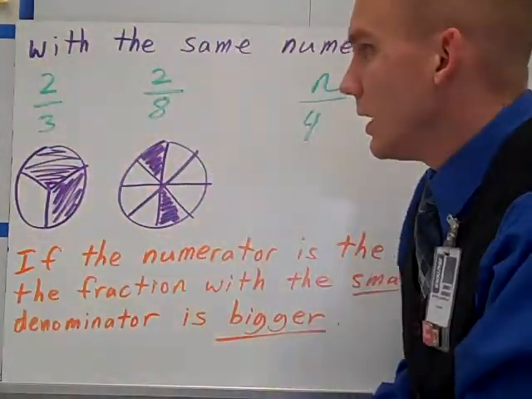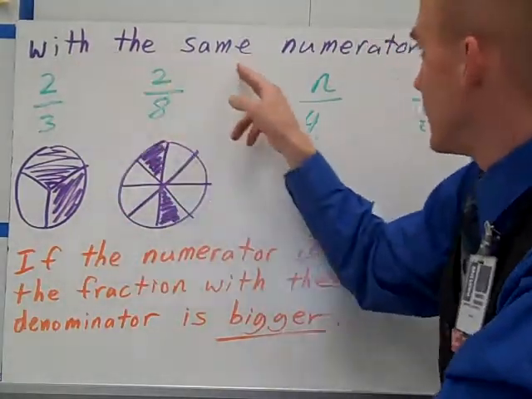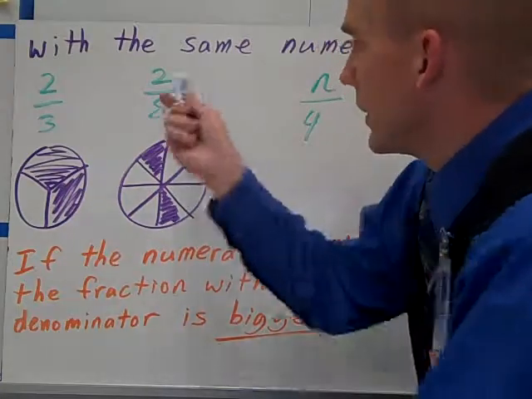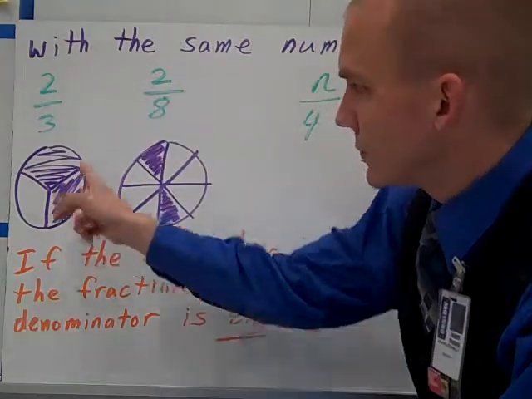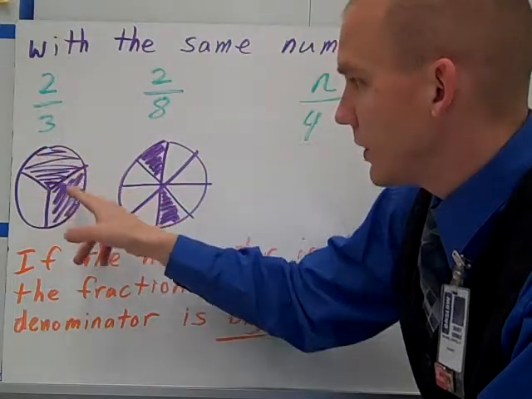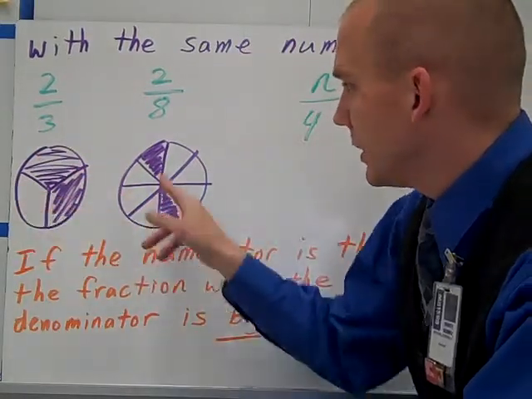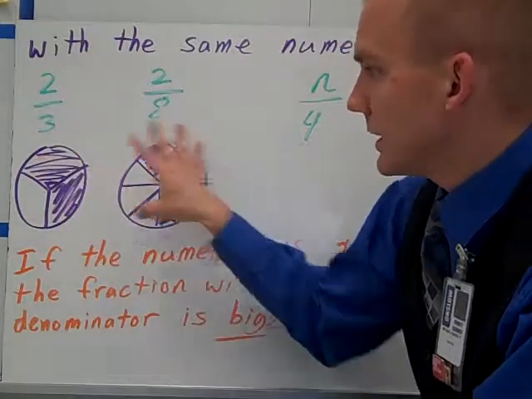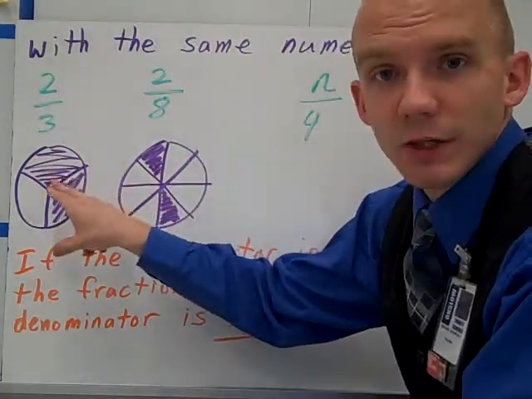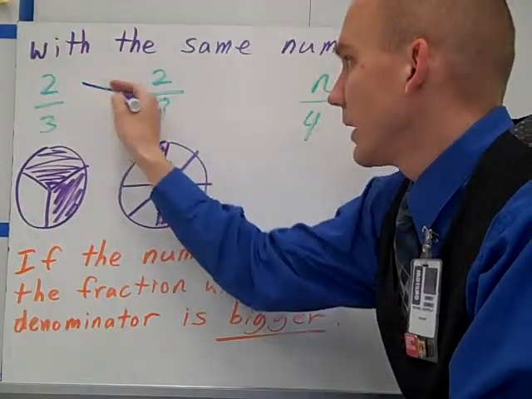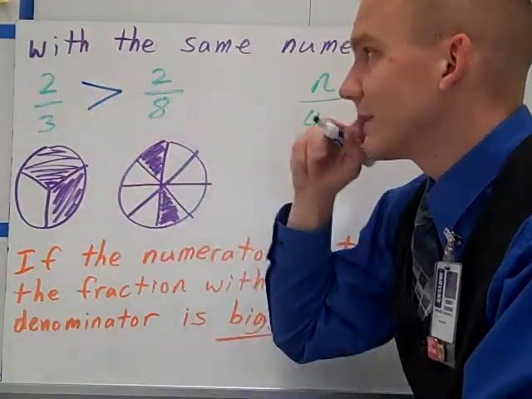Alright. Let's compare fractions with the same numerator. So we have 2/3 and 2/8. I drew some circles down here to look at this. You have 2/3: 1, 2, and this area is not shaded. You have 2/8: 1, 2, and then all this isn't. Well, I can see here that there's a lot more shaded in this one than there is in this one. So 2/3 is greater than, again, I want to eat the bigger fraction and point to the smaller one,